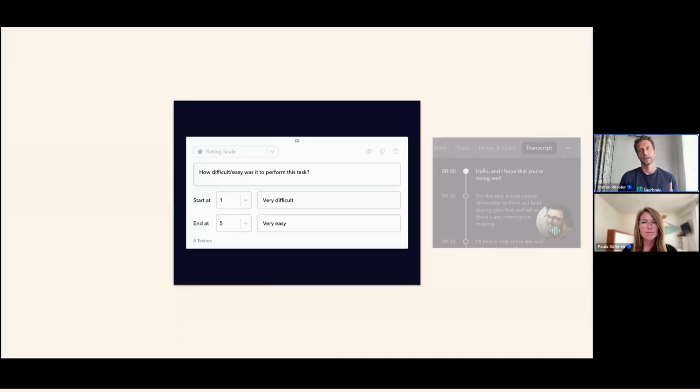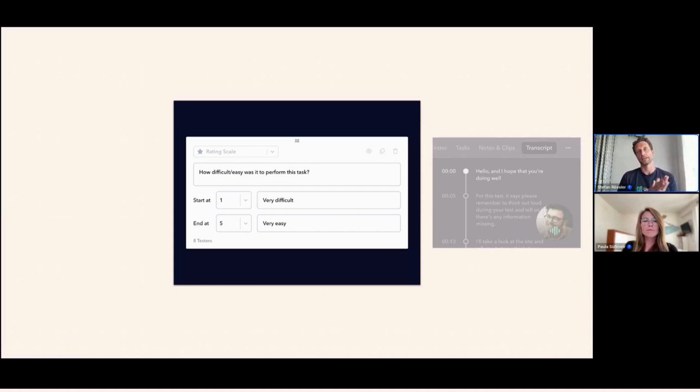The first thing is, when you create a test in Userbrain, when you set up a new study, you have different types that you can use, different tasks and rating scales and questions and all of these sorts of things. This is how you basically structure your test. At the moment we have some templates that will help you with this, or you can do it yourself. In the future, we want AI also to help you with this, to solve this blank page syndrome.